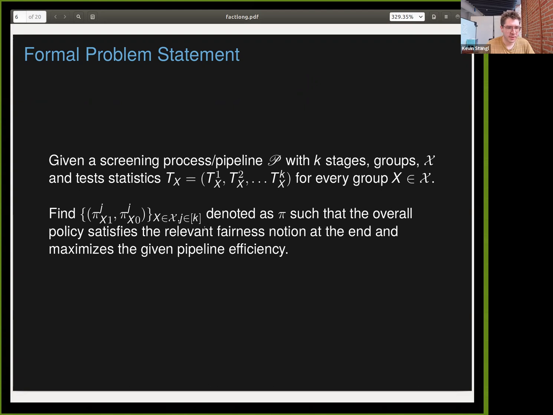Another thing here is in the paper we do discuss that if you're forced to satisfy the fairness constraints at each step, that is not very desirable. It leads to very inefficient, kind of useless pipelines. Other than for equal opportunity, you can do equal opportunity at each step without any loss in precision, and that'll be evident from our first main theorem. Okay, so